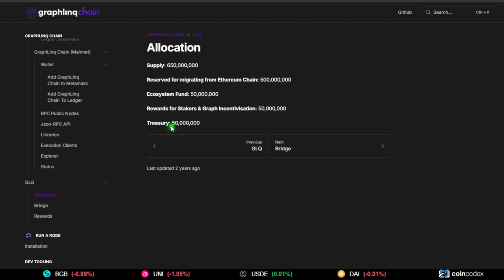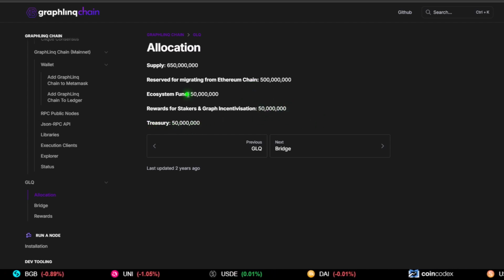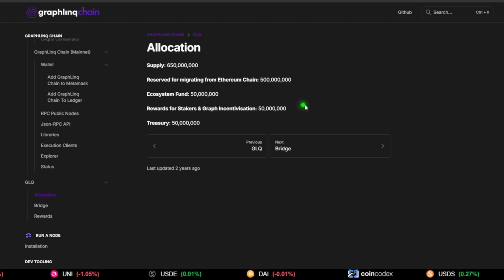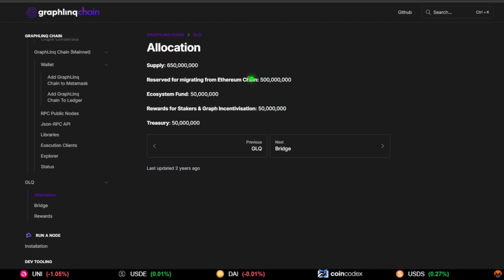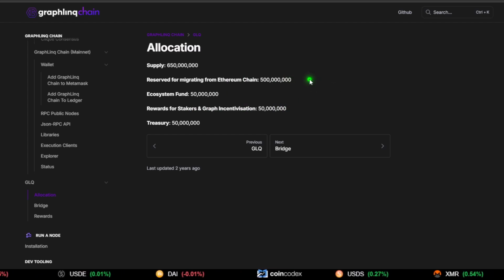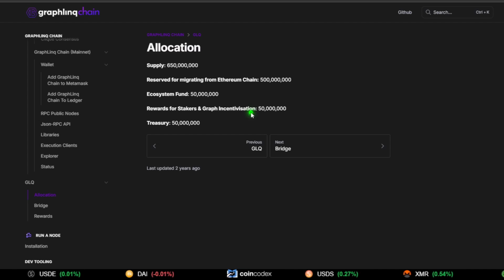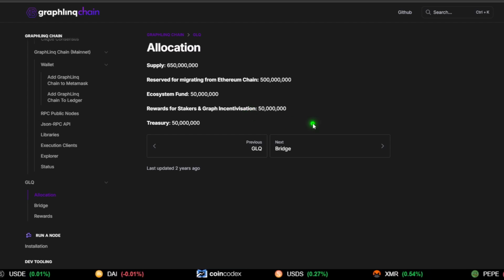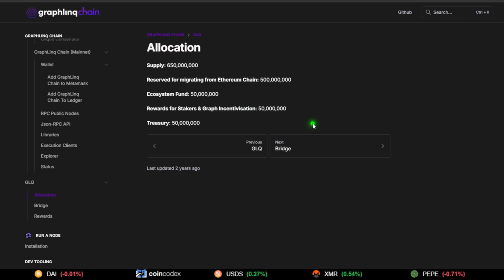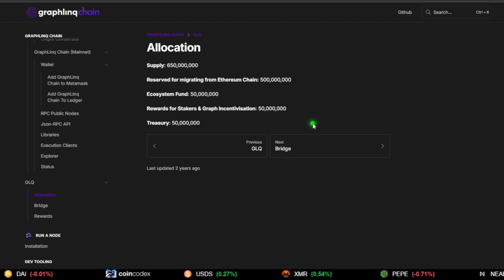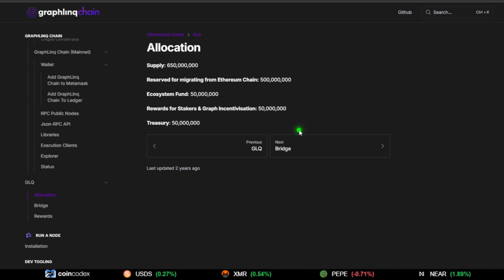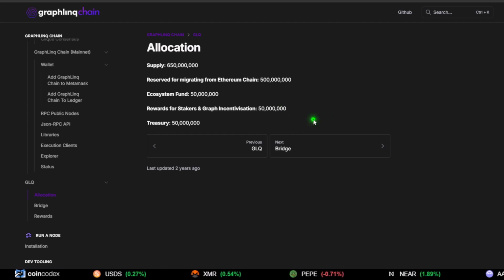But you can see that there's some allocated to treasury, and then there's an ecosystem fund, and who manages that, and then who manages this? Are these multi-sig wallets? What kind of wallets are these? These are obviously on the liquidity on chain. That's fine. Those are secure. But what about these? And I know it's not a lot. We shouldn't be too concerned, but transparency is key. Right, this is the thing. I want to know who's in charge of these and how does this get distributed? Are they already in distribution? So, guys, I can go on here. And what I'm trying to say is, generally speaking, I don't know what's going on with some of this token allocation.